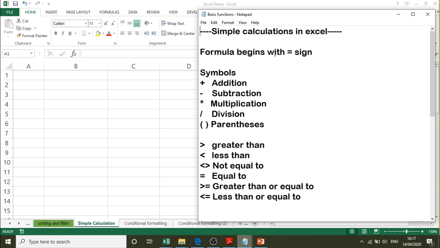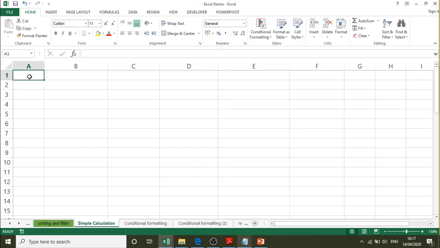First of all, let us understand that when you are typing a number in Excel, it will be right aligned. Whenever we come across numbers or text, Excel supports a number of calculations. Whatever we do in Excel, most of the time we will be doing calculations one way or the other. So formulas and functions are very important in Excel. Let us see how to work with some basic functions, but before that, we will understand how to do some calculations in Excel.